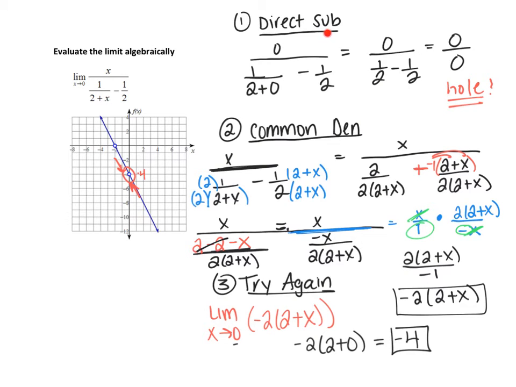All right, I know that was a lot to take in, so I want to just recap. The direct substitution is always our first step. If we get 0 over 0, that means we have a hole. If we have fractions, we know we have to use common denominators to simplify. And then our last step will be to try to resubstitute it back in and get our final answer. Now, I know the common denominator part is probably the hardest, but don't worry, I have another example for us